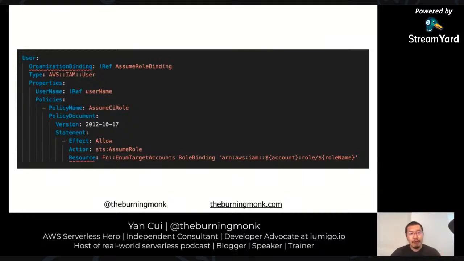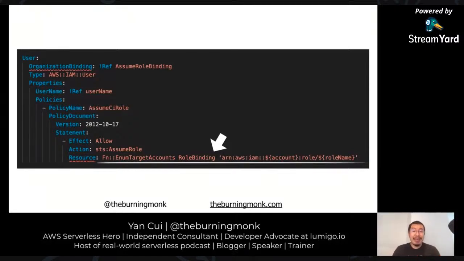And here's an example of one of these templates where I have just a normal CloudFormation resource for an IAM user, but I can bind this resource to a subset of AWS accounts in my organization using this organization binding, which in this case allows me to filter accounts by org unit or account name, or even by tags as well. And down below here, you can see that I'm iterating through the AWS accounts that have been bound by the organization binding above.